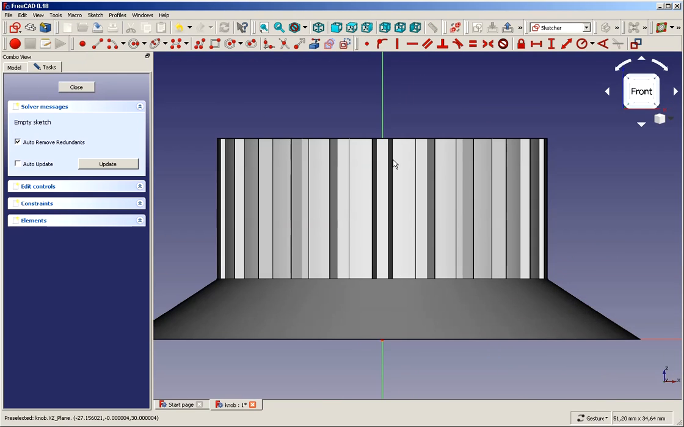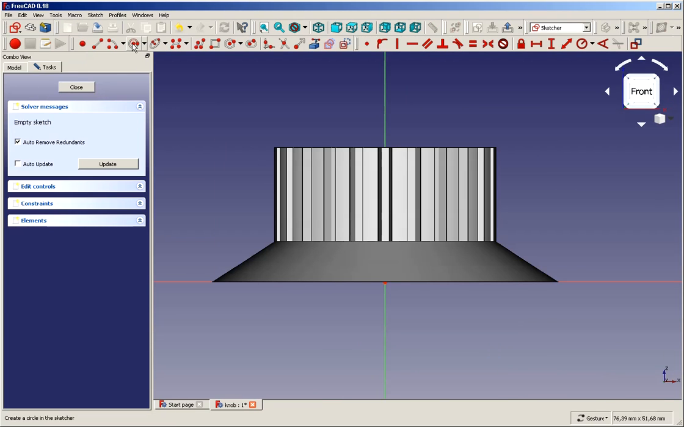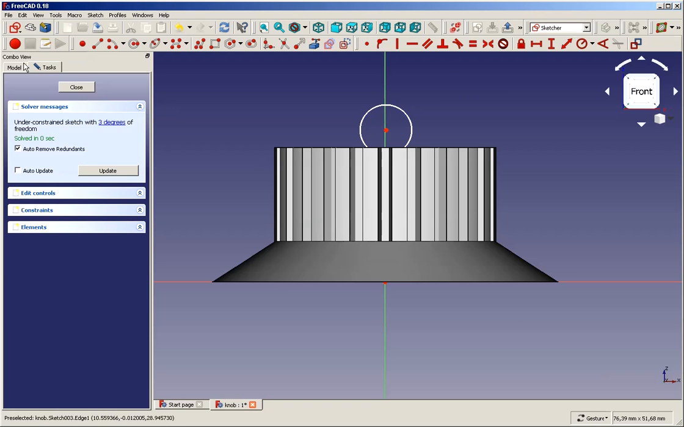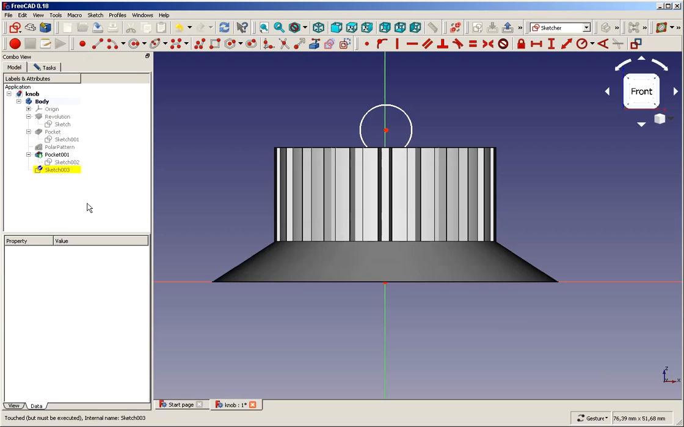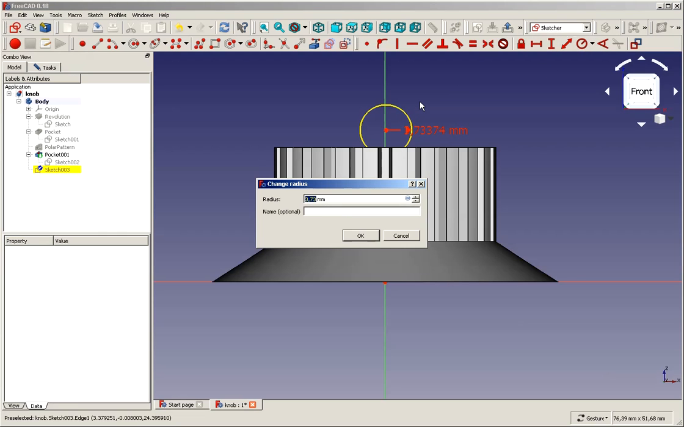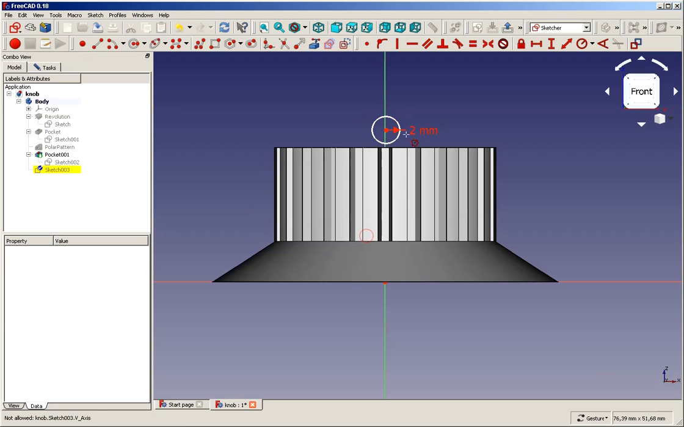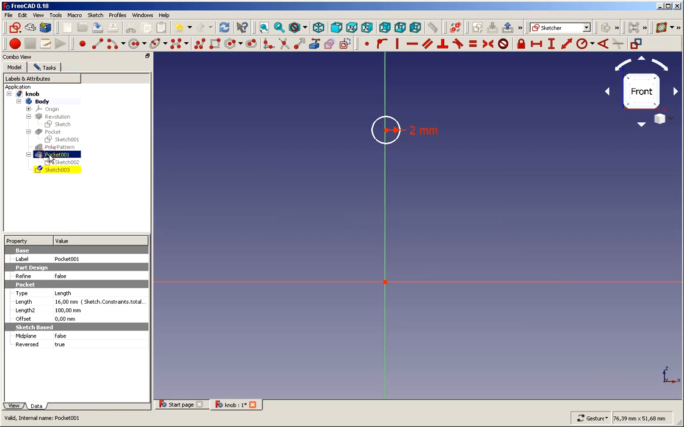The sketch itself is not more than a circle, and we want to move that circle downward so it will also be on a proper height. So let's first define how large the circle is, and it shall be for a 4 mm screw, so 2 mm of radius. We switch off our visible pocket,